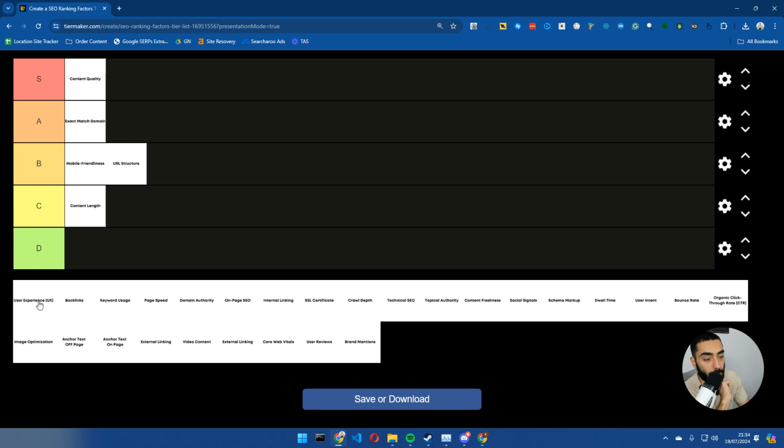And user experience, I feel like it has definitely increased as a ranking factor. Again, I would probably say if you are position 5 and you're trying to jump up to position 1, I probably wouldn't focus as much on user experience.